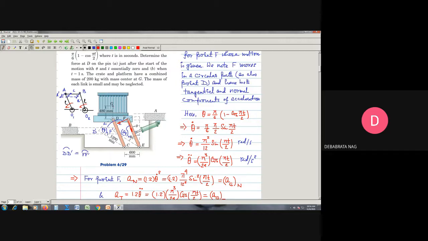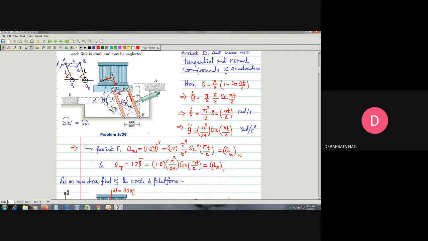That means this must be equal to your AGN, correct? And this must be equal to your AGT. So this is AGN and this is AGT. We can very easily see from here. So we have therefore AGN and AGT we can calculate. Now at this point, let us draw the free body diagram of the crate